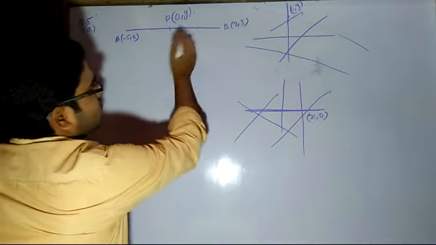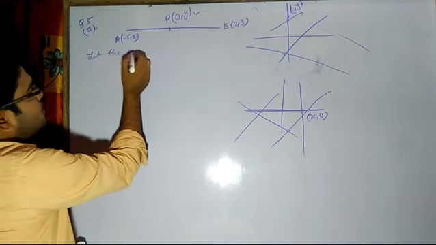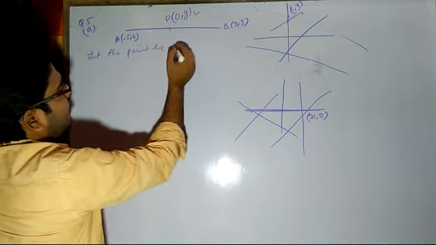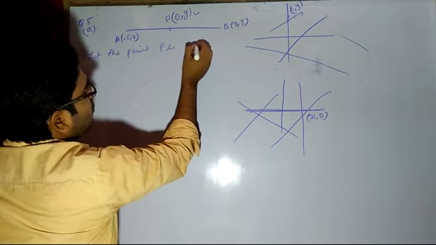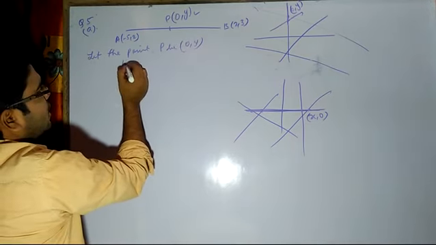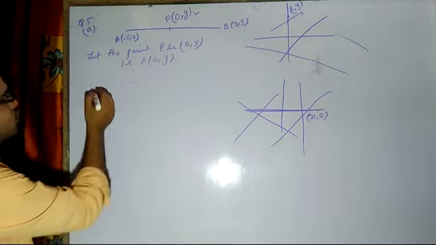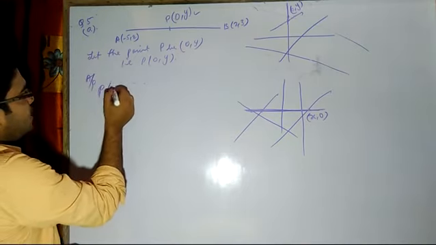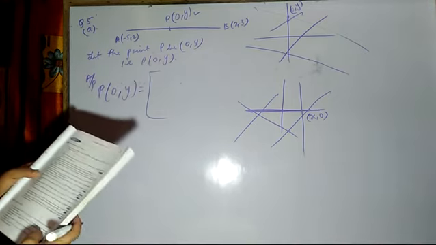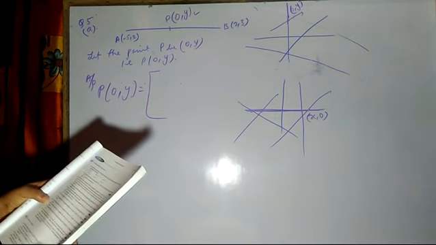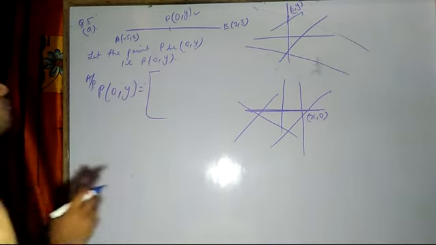Now since this question is there, I can assume this point. Let the point P be (0, y). Now according to the question, P (0, y) is equal to... in which ratio is it divided? It is given as the midpoint. Find the ratio of the line segment divided by the y-axis. Now we have to find the ratio.